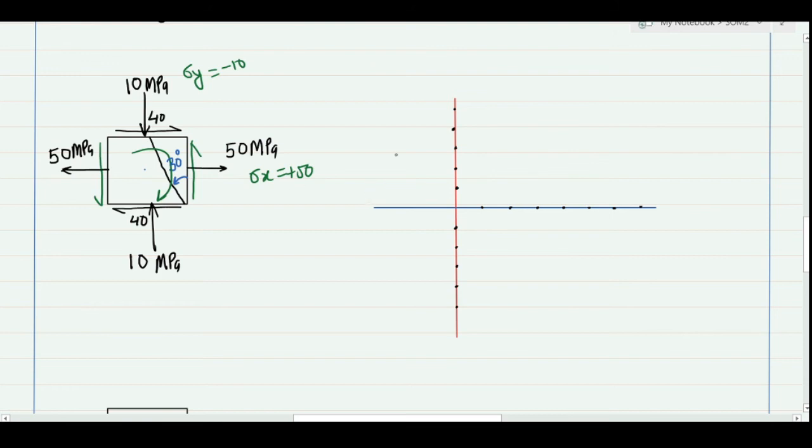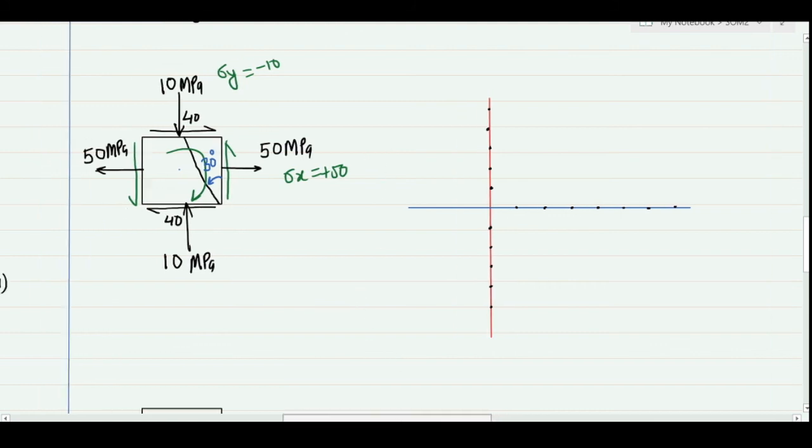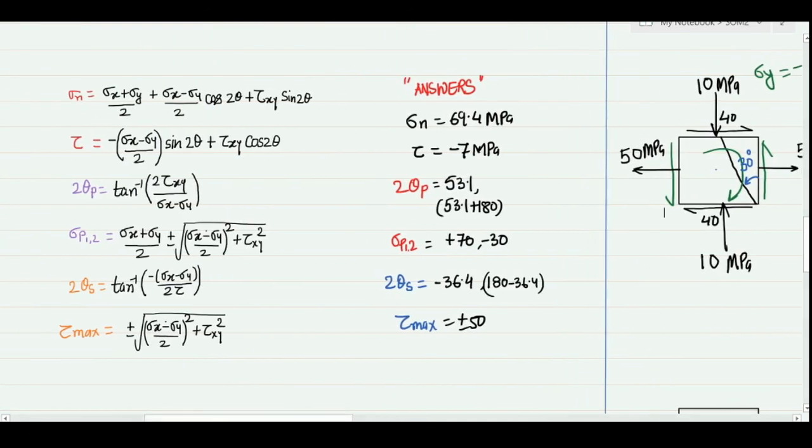With these data, let's try to make the Mohr circle. But before I start the Mohr circle, the same problem we have solved in our previous class where we considered the analytical formulation, and this was the result we obtained. We considered these different formulas to find the position as well as the magnitude of the principal plane, the maximum shear stress plane, as well as the normal and shear stress for an oblique plane of angle 30 degrees, and here are the answers.